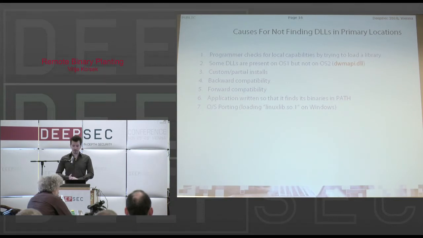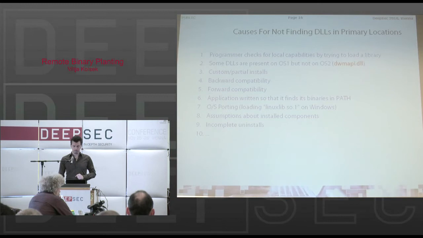We've seen funny cases like this, applications trying to be portable, cross-platform, using the same code on Windows and Linux. We've seen them trying to load Linux libraries on Windows systems. It's pretty funny. Then we have applications making wrong assumptions about installed components, like media players, just assuming that some codecs will be available on the system. Well, they're careful. They don't break if they don't find these codecs, but they just become vulnerable. They don't even know it.